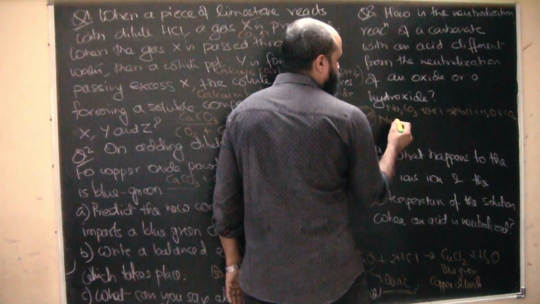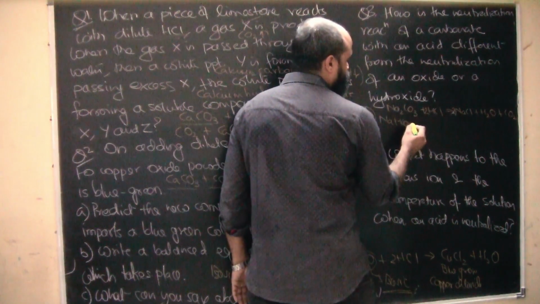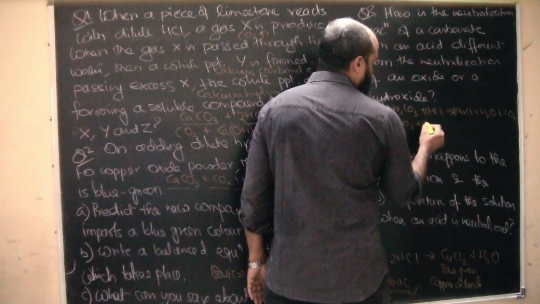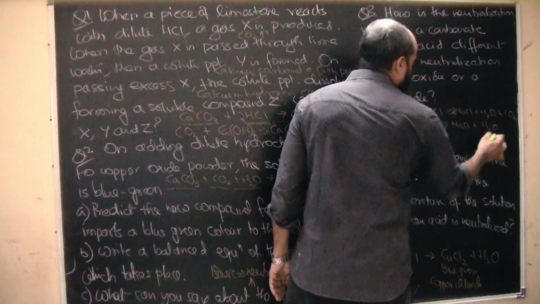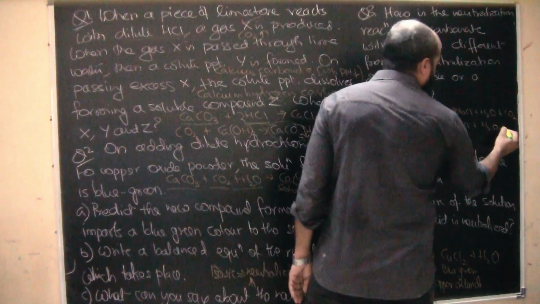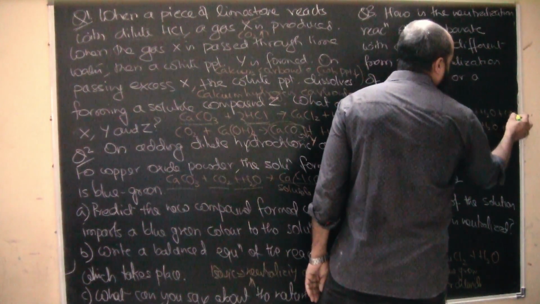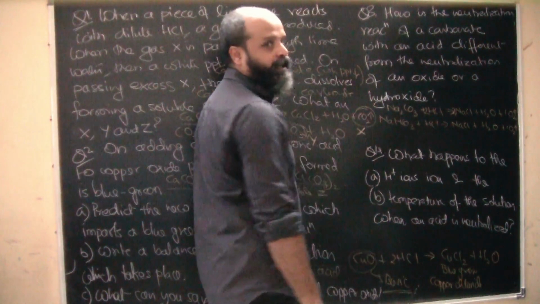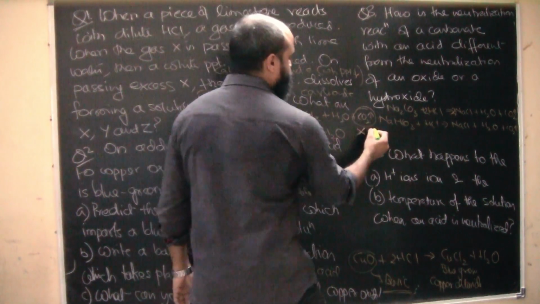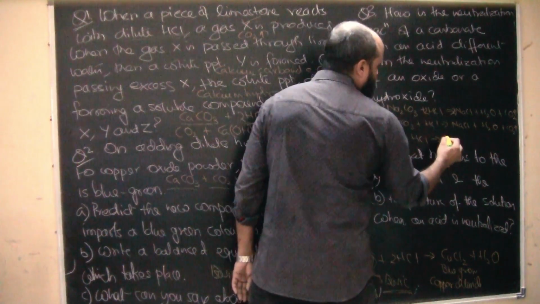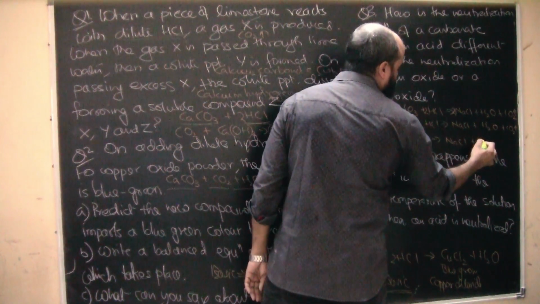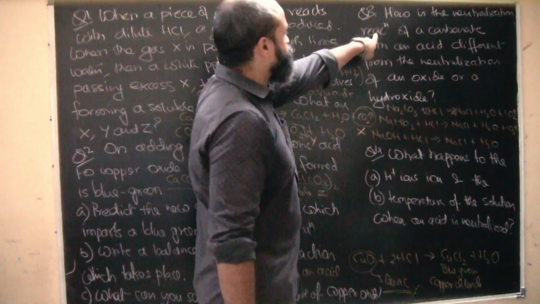If we take sodium hydrogen carbonate plus, let's say, HCl, this will again form NaCl, the same products, H2O, plus CO2. This is a metal carbonate, and this is a metal hydrogen carbonate. Now if we take sodium hydroxide, which is a base, plus HCl, it will form NaCl plus H2O. So if you look into it, how is the neutralization reaction?